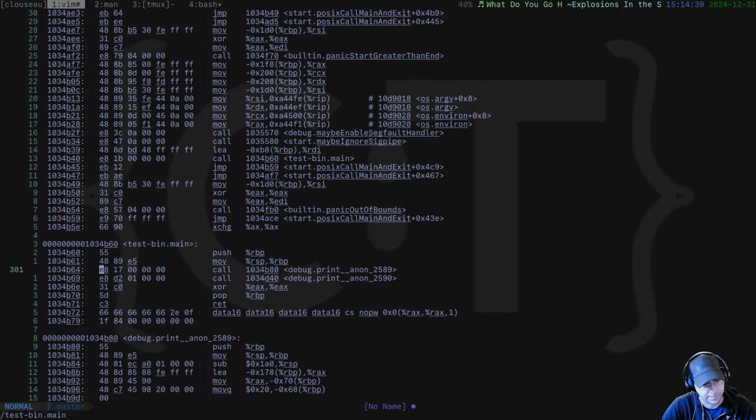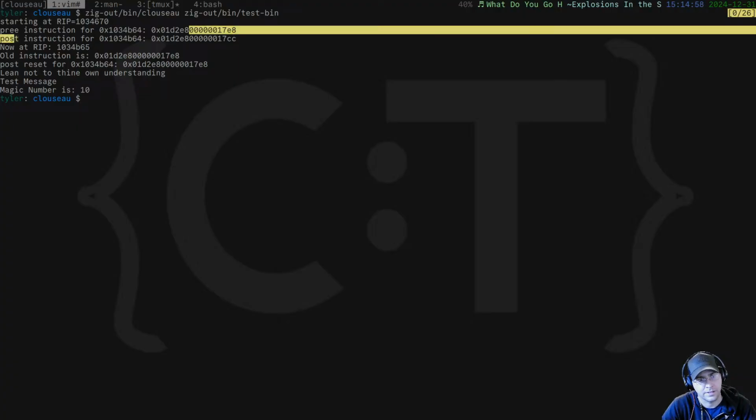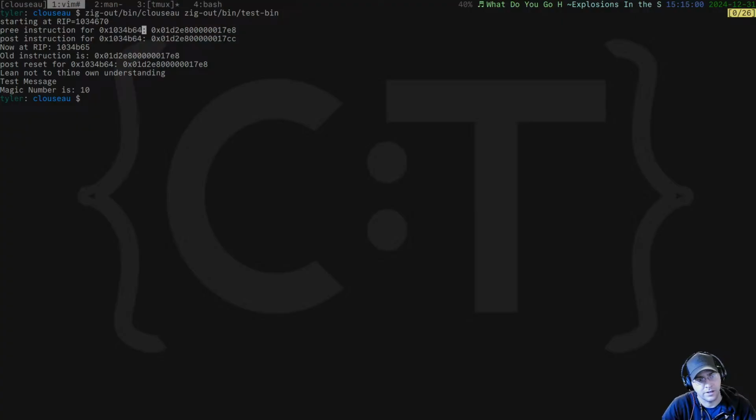Here we are. You'll see E8 17 00 00 00. And if that looks familiar, there it is. We have E8 17 00 00 00. So this is the instruction, and we actually got a little bit of the next instruction when we read it in,